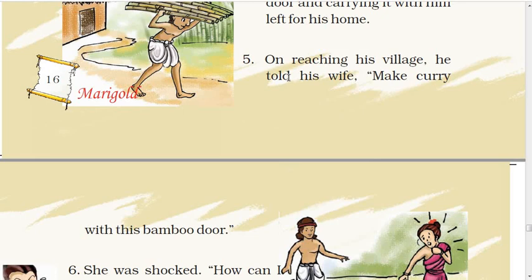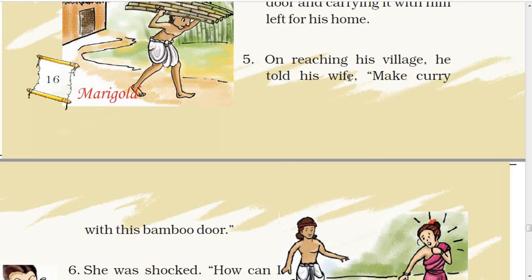can be individual dialogue or it can be said to someone. When we speak out something like Ram said, I will complete my homework today. But if I want to add on the listener here, then I would be saying Ram said to Rohit. So here told basically means said to. With the word told we never use to after it. It can be: on reaching his village he said to his wife, or he told his wife,